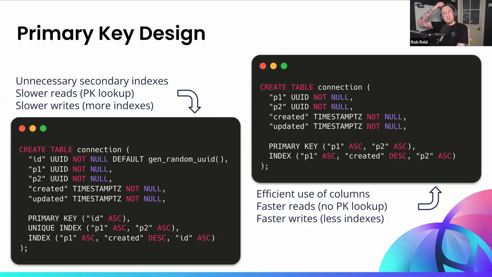Glenn, what's the biggest win when it comes to primary key design, in your opinion? Yeah, I think this is a great example because it shows two of the things I like to see with primary key design. I like to see with primary keys a good distribution, but also you want the primary key to be where most of your reads are coming from, right? I always use the 80-20 rule with that. It's 80% of your reads, or more if you can, should be coming from the primary key.